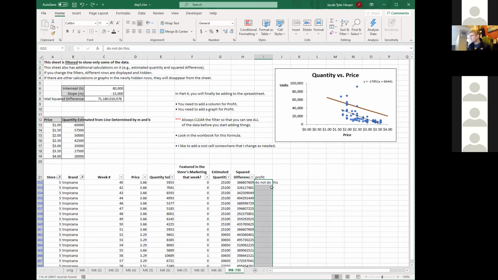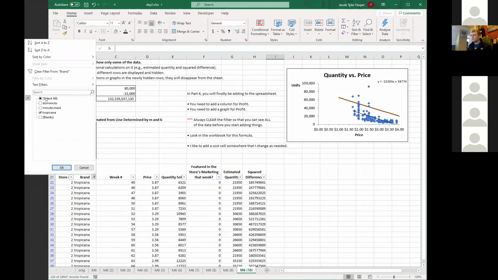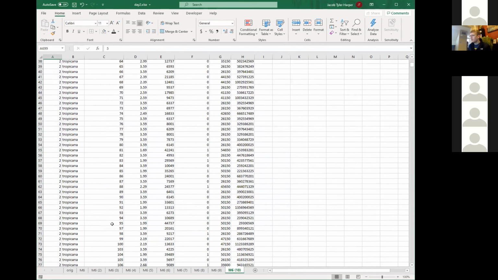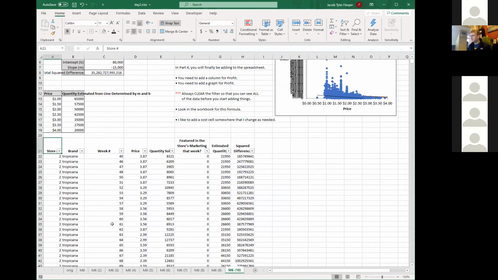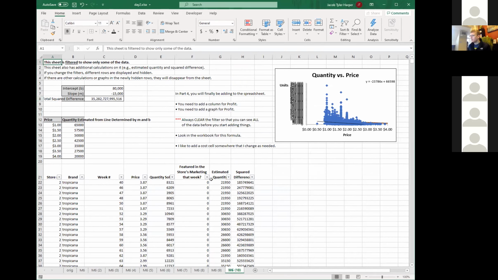So what you actually want to do is make sure that we can see everything in the filter. You can either hit select all, or you can hit this little clear button, which does the same thing. But notice, there's not a filter on these columns anymore. It's going all the way down. Well, I deleted some of my data to make it smaller. Maybe I didn't. But anyway,